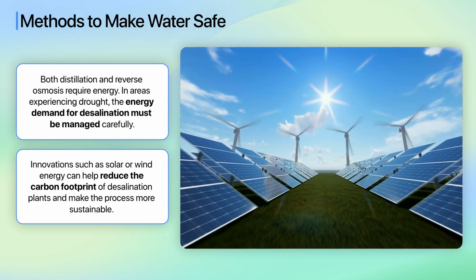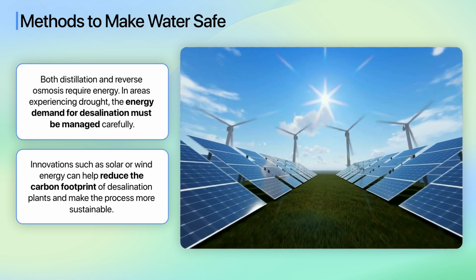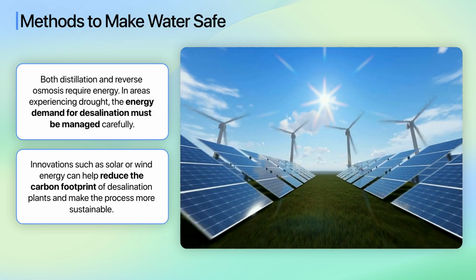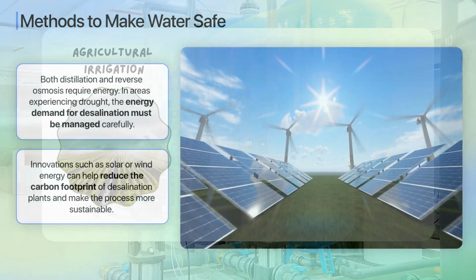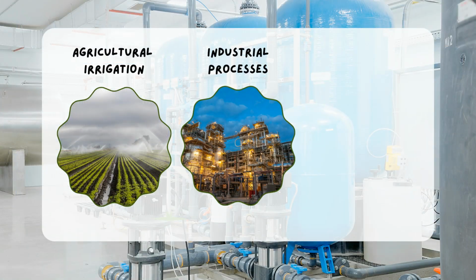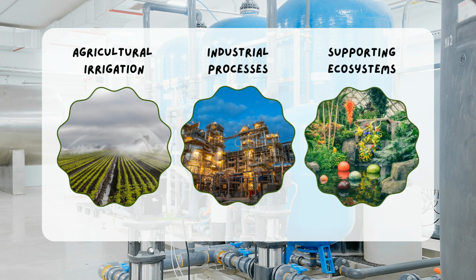Desalination doesn't just benefit areas with drinking water shortages. The purified water produced through desalination can also be used for agricultural irrigation, industrial processes, and supporting ecosystems during times of water scarcity. In today's lesson, we explored the production of potable water in drought-prone areas, focusing on desalination. We began by defining potable water as safe drinking water, crucial in regions where natural fresh water is scarce. We then covered the key